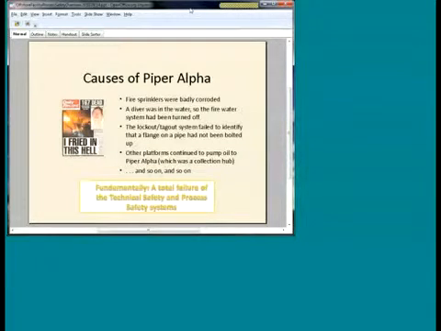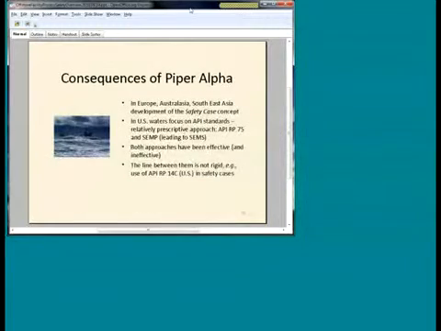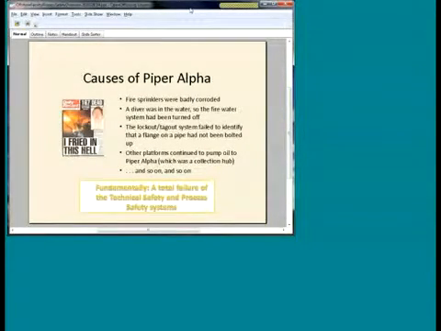We don't have time to talk about the cause of Piper, but it was just a catastrophe. The fire sprinklers were badly corroded. The diver was in the water, so they turned off the firewater system. Fair enough, they were scared that if they turned on the firewater pumps, they would suck the diver into the suction. In fact, I've often observed that one of the causes of major accidents is that someone somewhere was